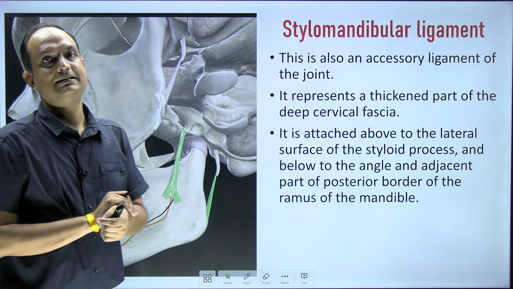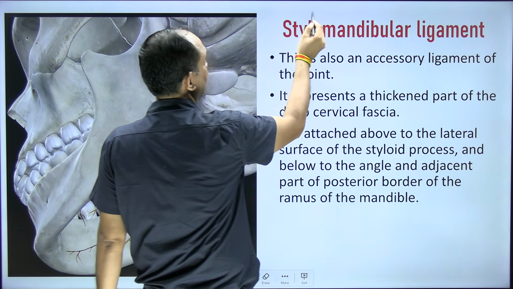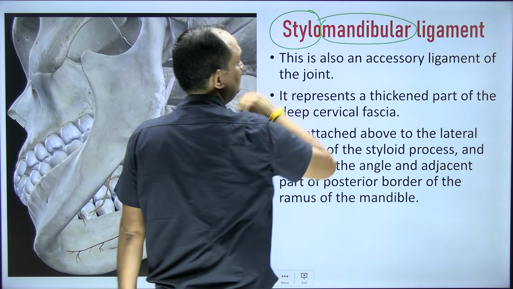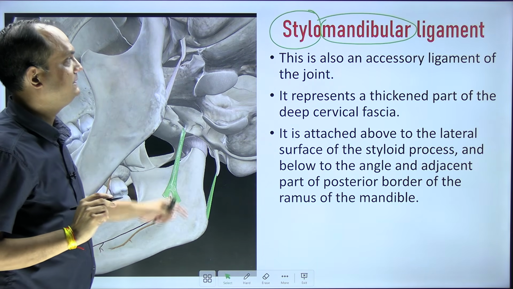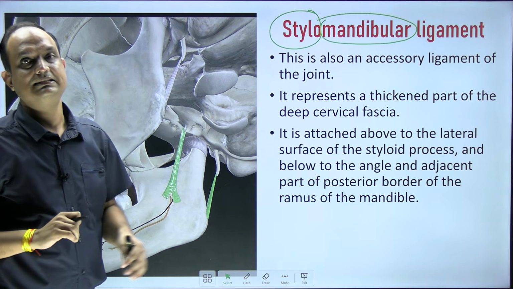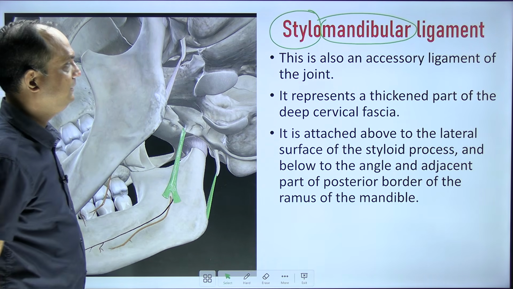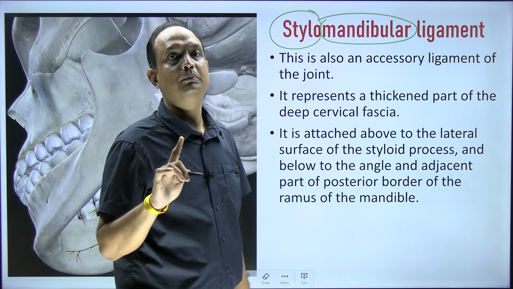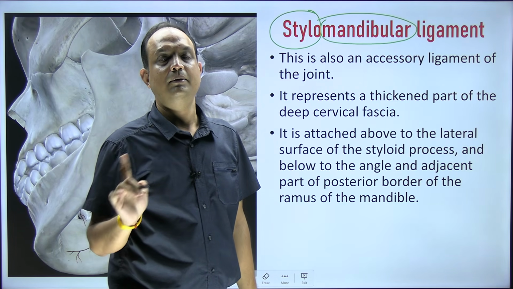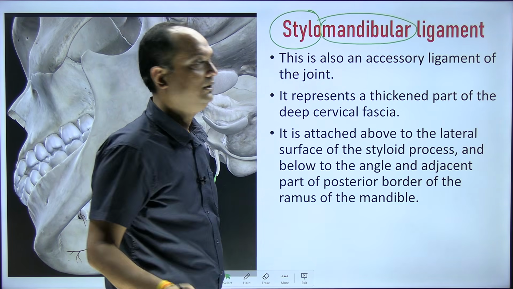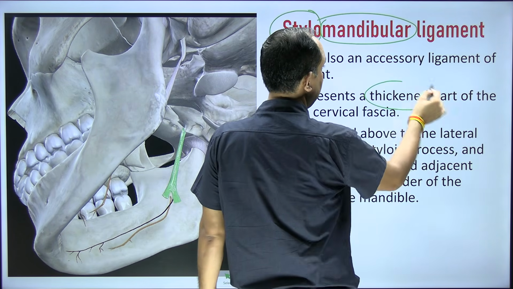Now we will move to the next ligament, the stylomandibular. Earlier was the sphenomandibular, this is the stylomandibular. You know that the stylomandibular ligament is also an accessory ligament just like the sphenomandibular, but the difference is that the sphenomandibular is an embryological remnant developed from Meckel's cartilage, but the stylomandibular is a modification or thickening of the